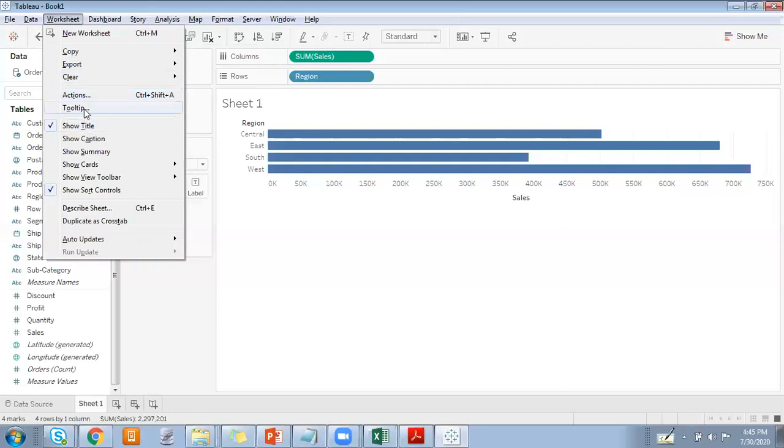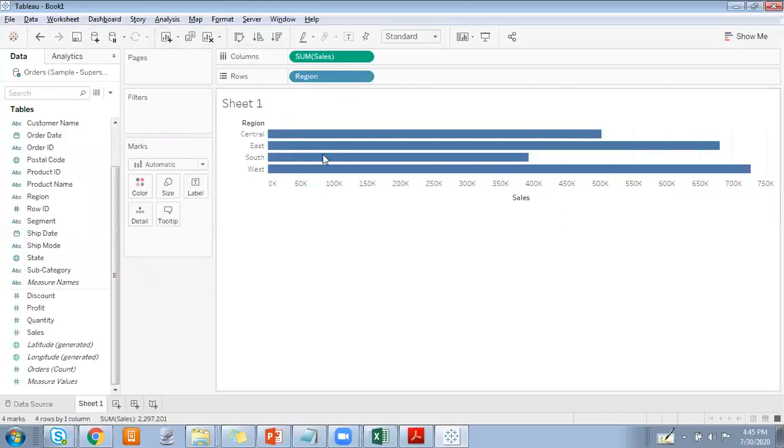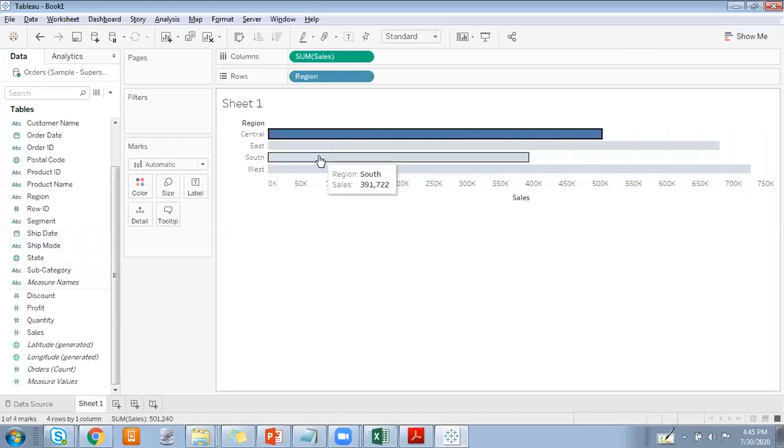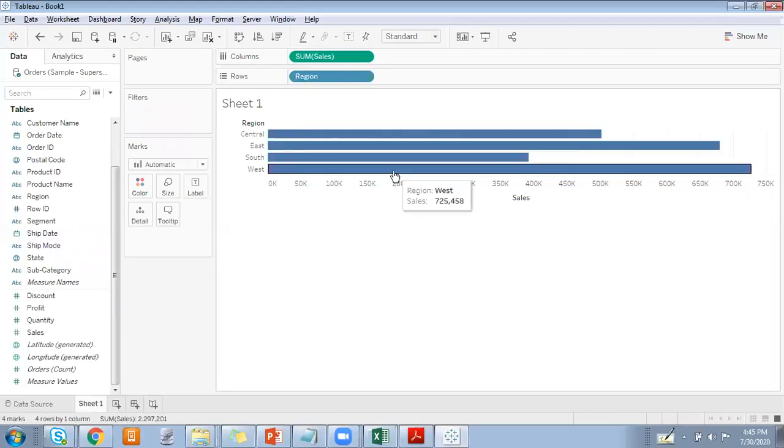Tooltip. Tooltip is something that, let's say if I'm hovering around any of the bars, I'm getting some information. That is your tooltip. We can add some information over here. Currently we can see that only region and sales are reflecting, but we can add, say for example, categories, or product names, or profit.